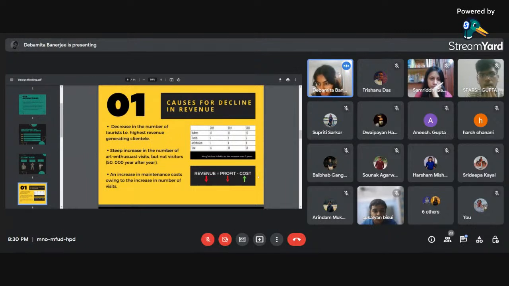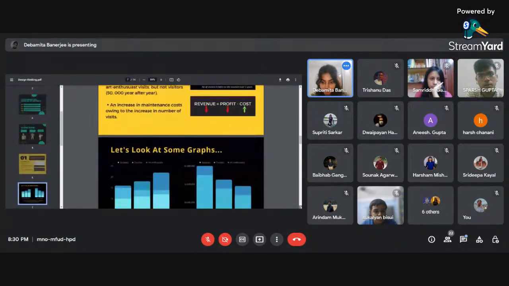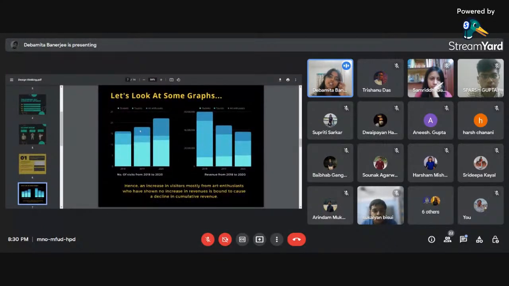We can see this through a graph as well. For example, we can see here that visits have been up in terms of art enthusiasts a lot, whereas they have been decreasing in terms of tourists. But as soon as we see the revenue structure, the revenue that is coming from the students remains the same, whereas the revenue that is coming from the art enthusiasts also remains the same. But the major loss here is tourists. Great. Sukalyan can take over now.